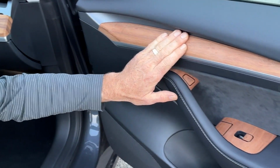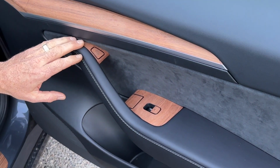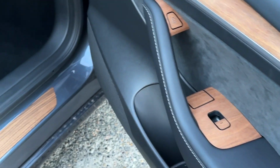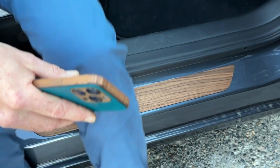We've got matching door panels to cover the white panel on the door. And then you can see we've covered the switches as well. So really bringing lots of wood to the door. Down below we've got a doorstep. And then deeper in here,